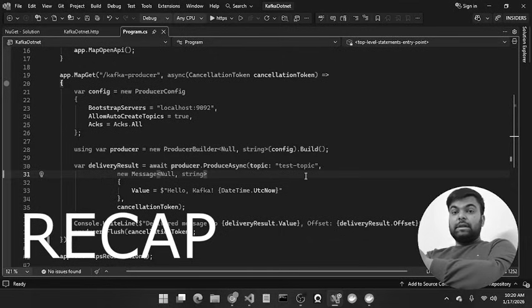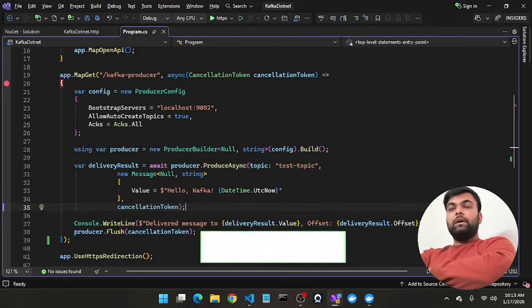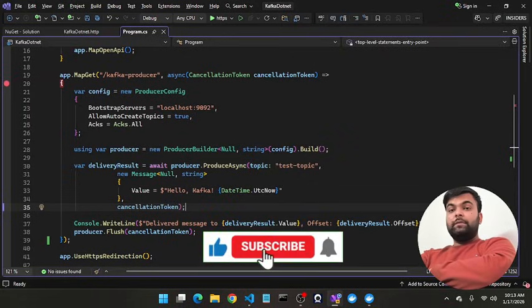Like our location is updating in the map. Okay, this is possible because of Kafka. So this is the first use case where you can use Kafka. If you want to create event streaming applications in ASP.NET Core, you need to implement Kafka in your